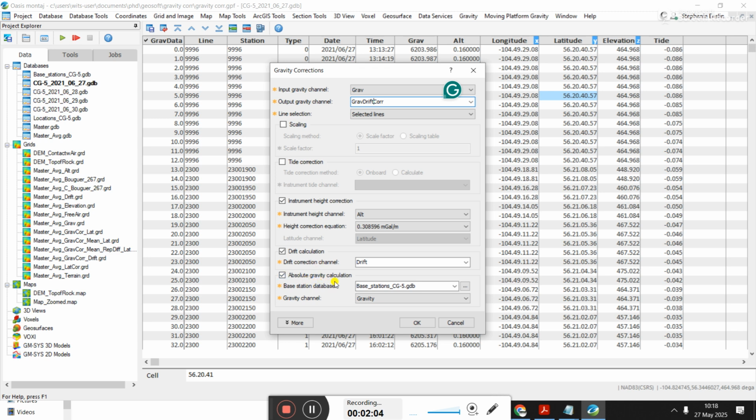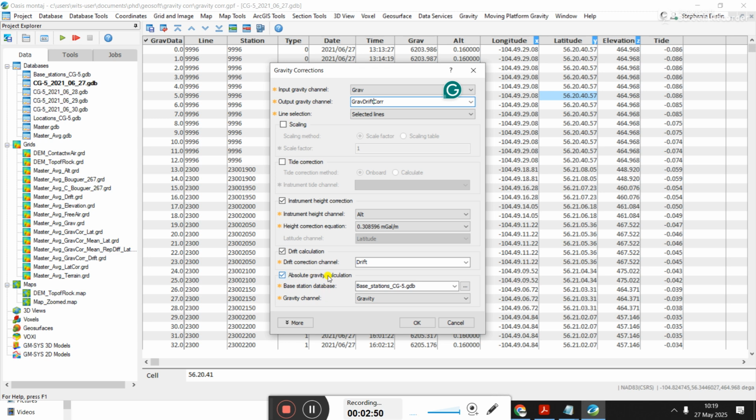Absolute gravity calculation. I think I'm a bit confused about absolute gravity. So to me, absolute gravity is that there are these points all around the Earth that have been surveyed in, and gravity is known at these points, and they're super accurate. And if you wanted your survey to be accurate, but equally to be drawn into a larger survey, like if you wanted to combine surveys over a region, you would have to include this absolute gravity base station so that you could tie them in with each other. So I think I don't 100% understand why Geosoft is calling this an absolute gravity calculation, since we aren't tying it into something. But